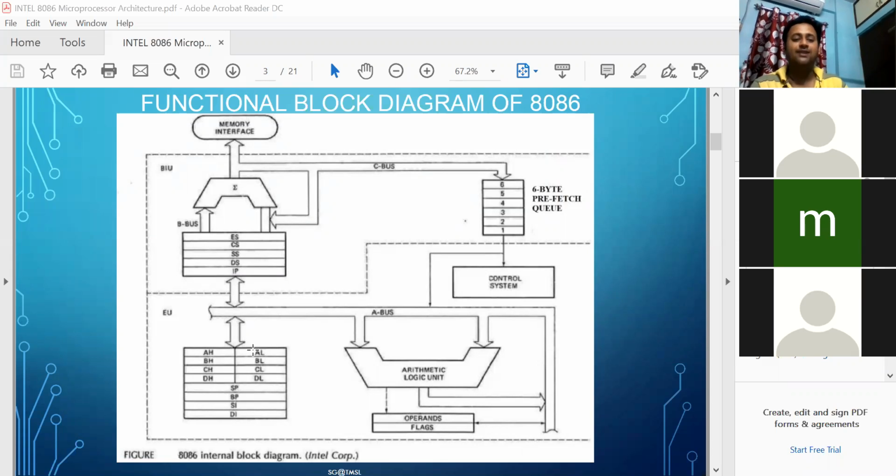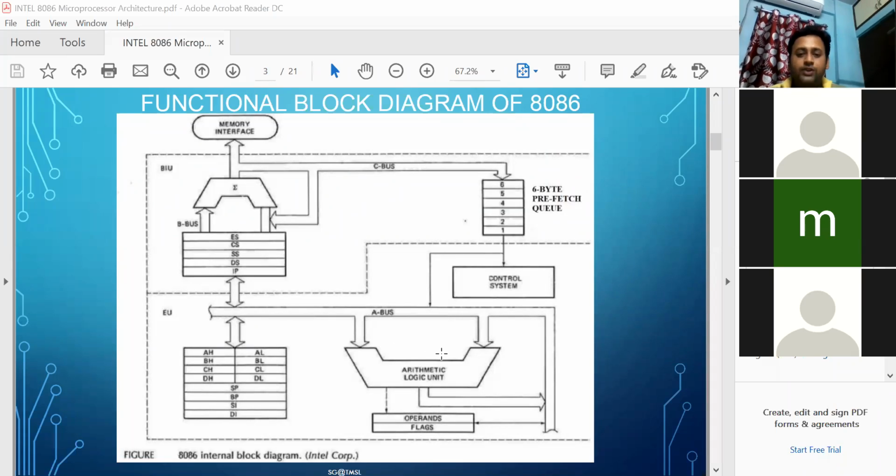Okay, only 8 8-bit registers are available as your general purpose registers. The combination of two 8-bit registers can create one 16-bit register, which is again a 16-bit general purpose register. Okay, next is here